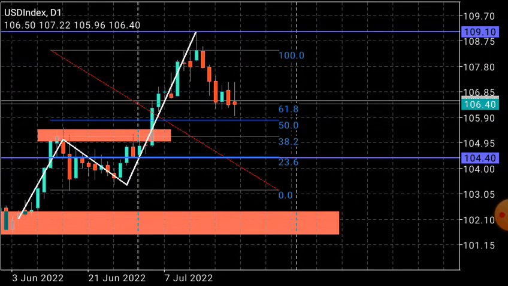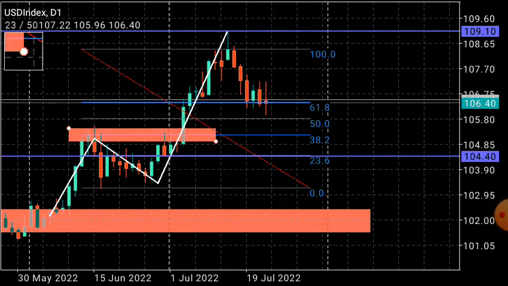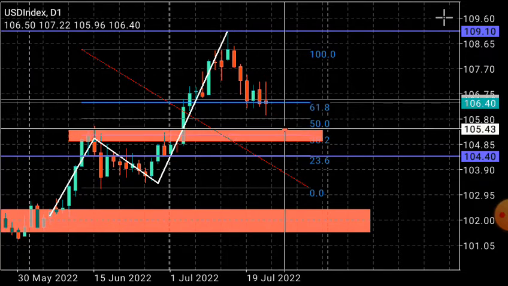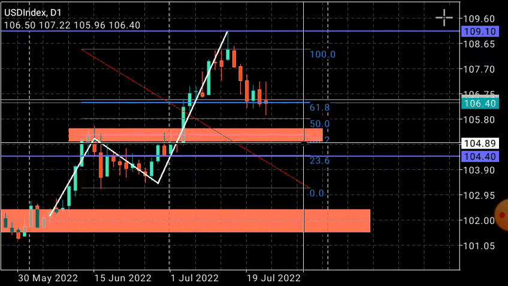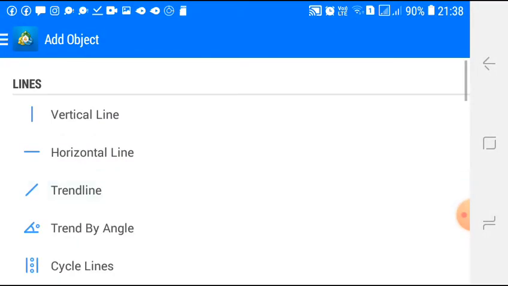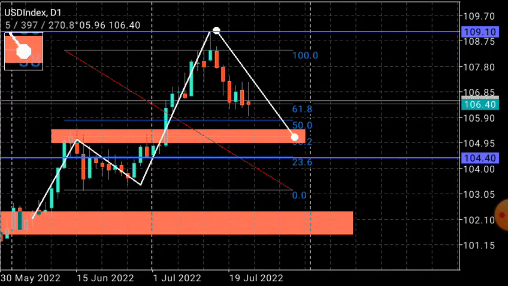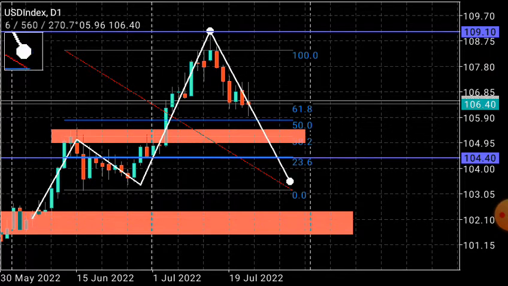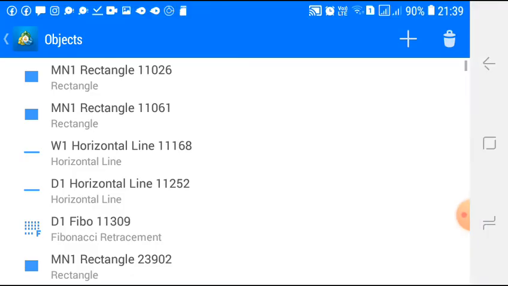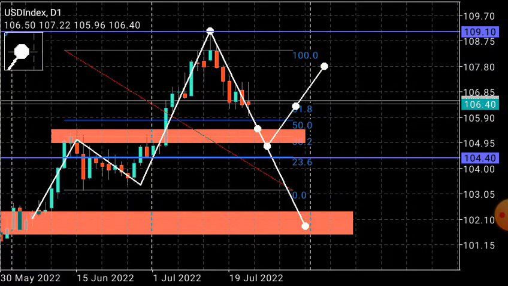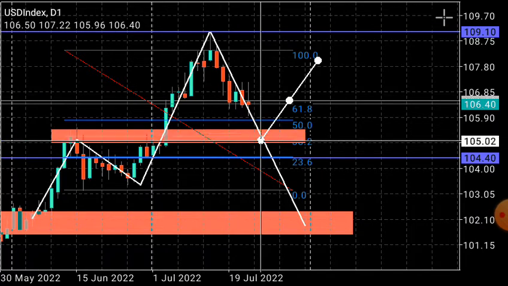So right now I'm anticipating a pullback to probably the 38.2 Fibonacci retracement level. That's where I'm looking for a potential bounce, and then we take the buy positions from this zone or this zone. Usually I give myself two opportunities. If the market fails to respect this zone, this is where I try. Firstly, I take a first opportunity to buy, anticipating the market to go to the upside.